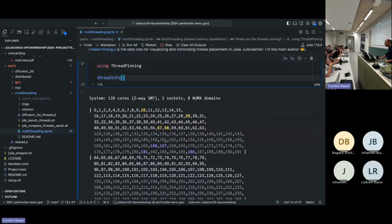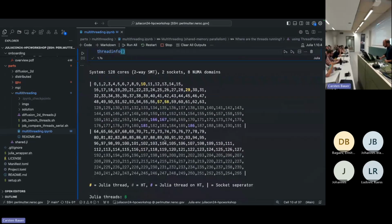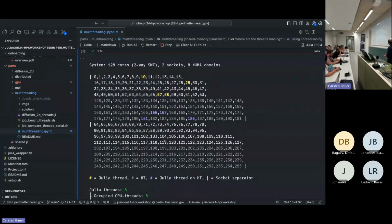All right, so using thread pinning and that thread info gives you a hopefully nice overview of the nodes that you are running at. So it tells us there are 128 cores. It tells us there are 2 sockets. NUMA domains we'll get into in a second. So these vertical bars show you one socket being one CPU. So we have 2 of them, right? One at the top, one at the bottom. And then you see the white numbers, which are